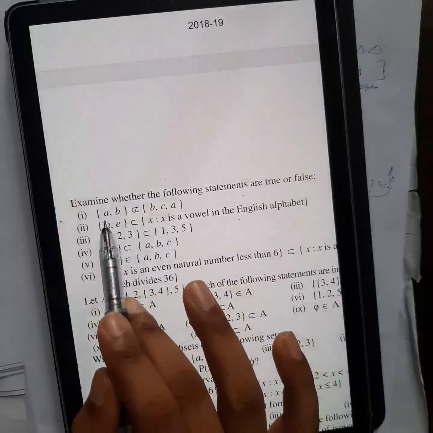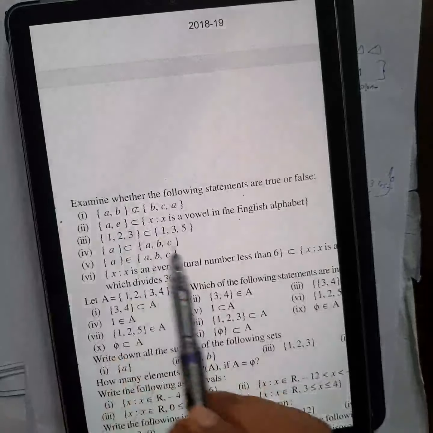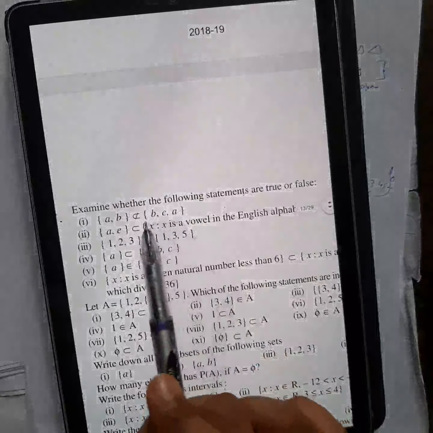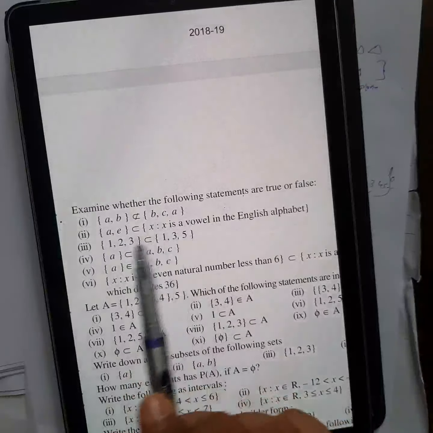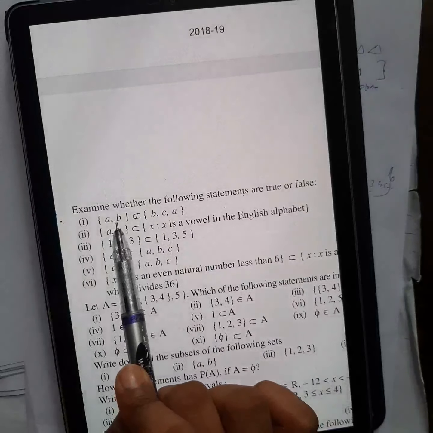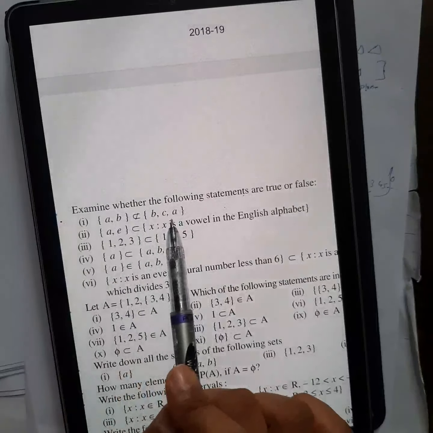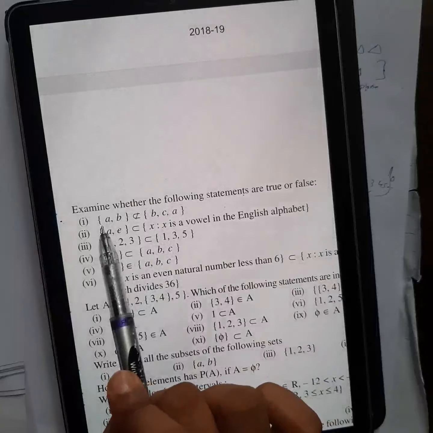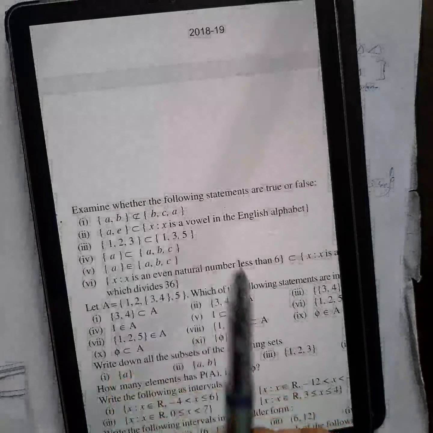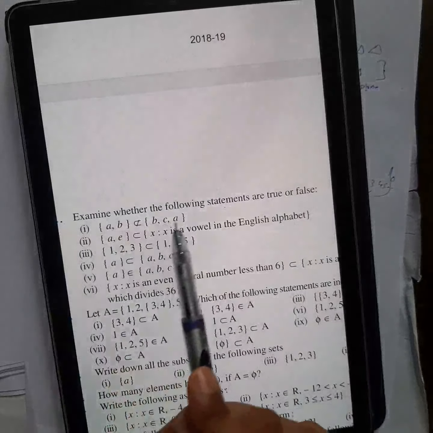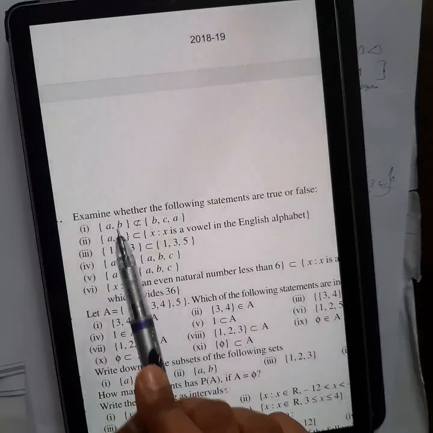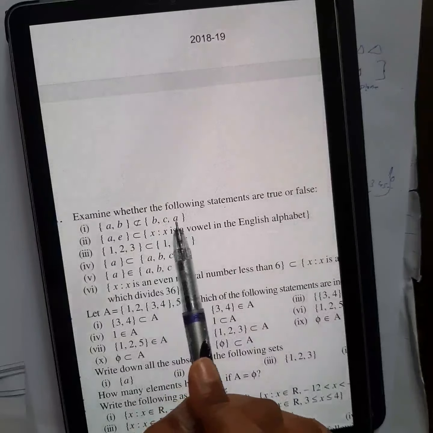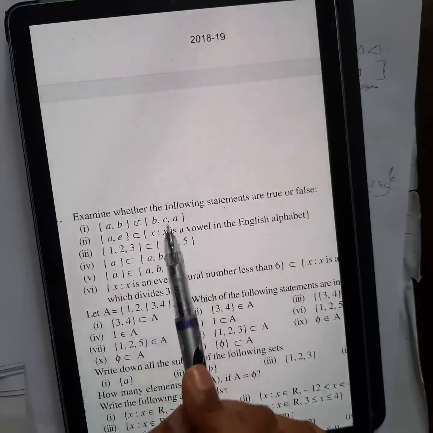It is a set, right? In which the elements are A and B. Only two elements are there. And they have given a not-subset symbol. Now this will be not subset or subset, that we can easily decide, right? So see here, if it has to be a subset, then AB must be there in the second set, right? So you can see AB is here, AB is here also. So obviously this is a subset of this one.